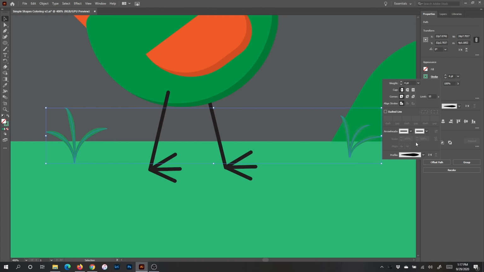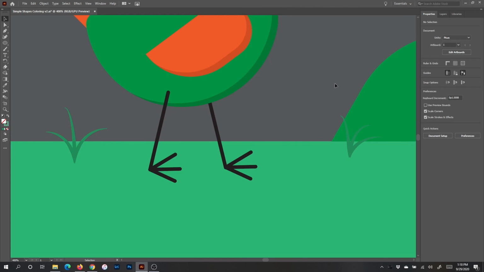And that looks okay, but I think this button right here is going to let me switch the direction. And I think I like my grass a little bit more go in that direction. So yeah, not too thick, maybe like that. All right, so